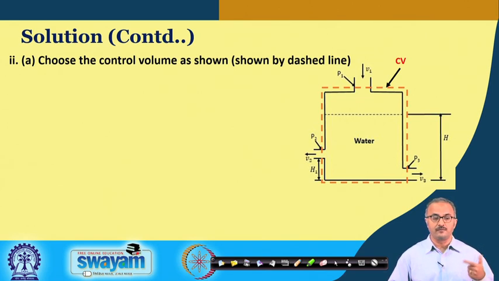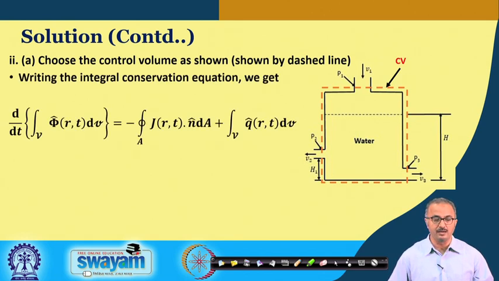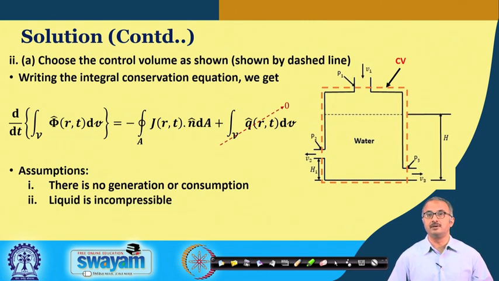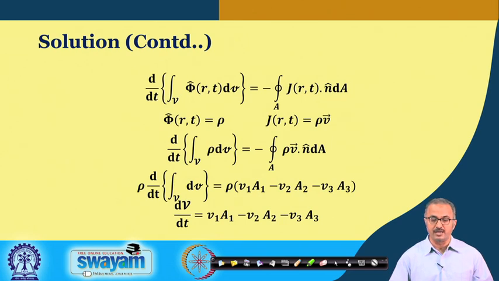Now, we have to find out the change in the height of the system for the next part of the question. So, first we take this particular thing. Here we are not taking any kind of steady assumption. We are only taking that there is no generation or consumption. Okay. So, with this, and this liquid is incompressible. Again we put all these values over here without the generation term, and all these things we have done earlier. Okay, repeating all those exercises, we arrive at this particular expression without any generation term.